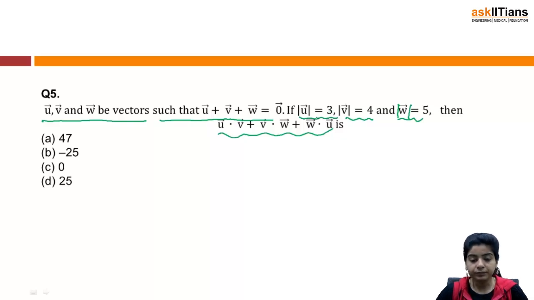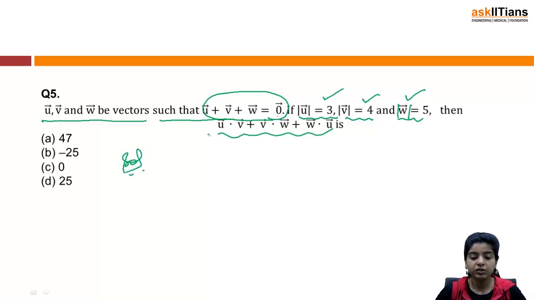Okay. Again, this question is also simple. Just concentrate on one thing: whenever you go through a question, try to take note of all the given things. In fact, you can just mark out all the given things, that this condition is given, then I am given this, this, this. Obviously, all the given conditions are utilized while you are solving a particular question.